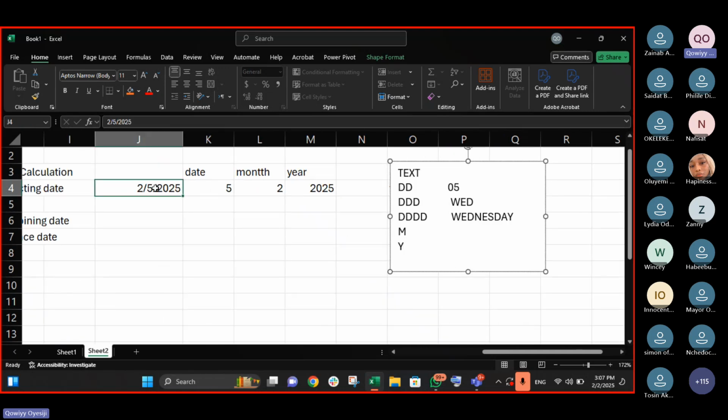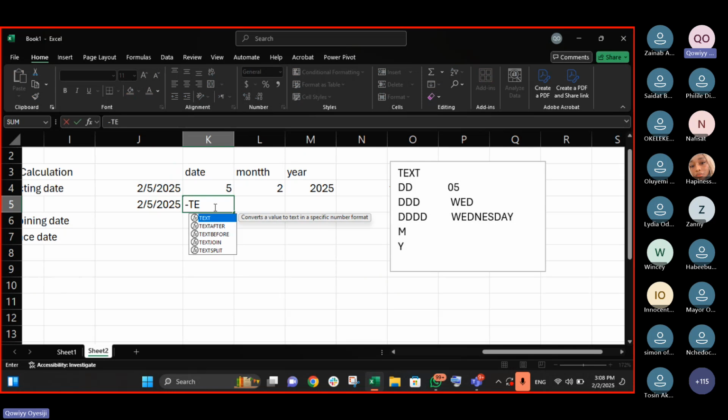Now let's try it. I have my dates here. I just say equals to text, and this is my value, comma. Now it's asking for the format. The format I want to use is to extract this date using DD first, and don't forget I've told you it must be quoted.